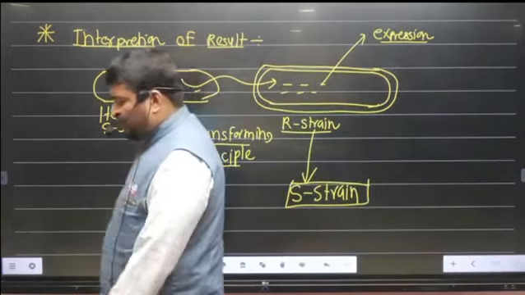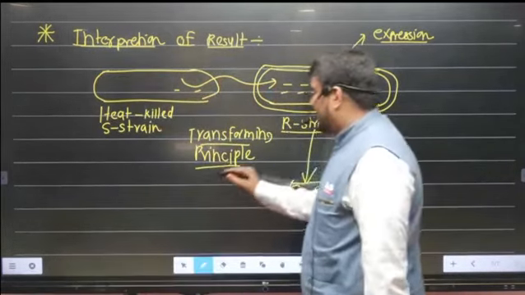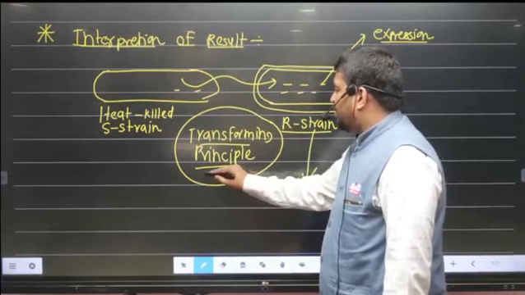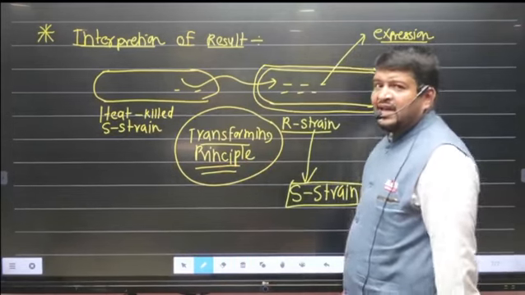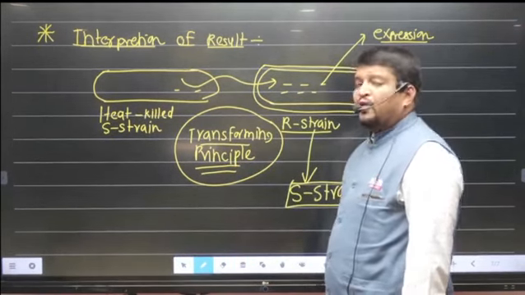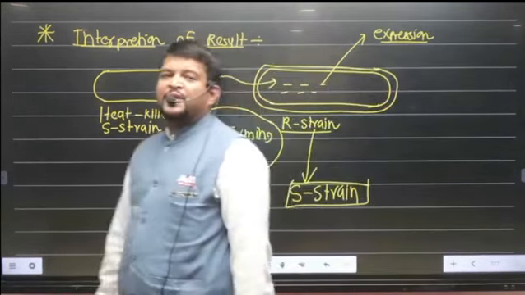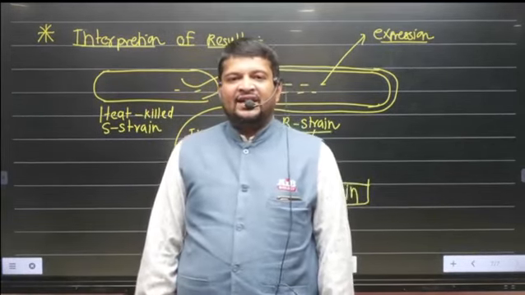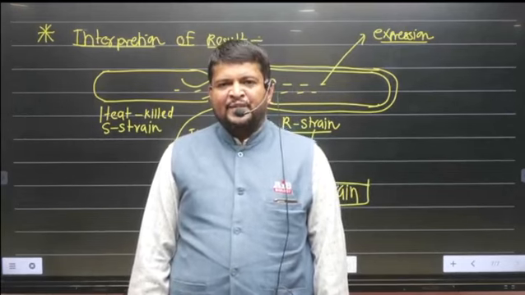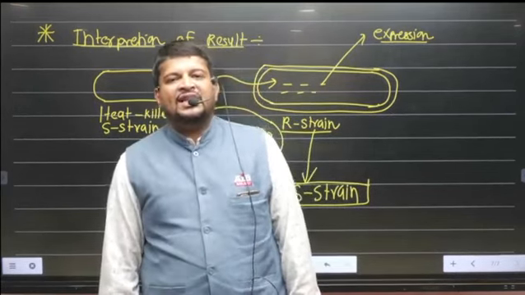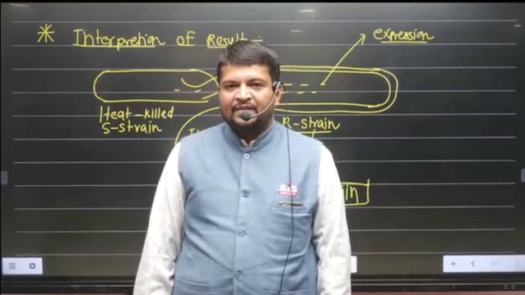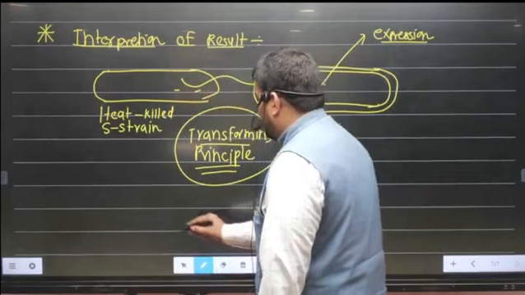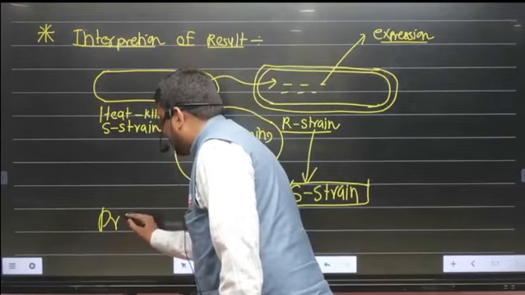Today we know exactly what this transforming principle is, but Griffith did not conclude the exact transforming principle. What is the chemical nature of the transforming principle? Whether this transforming principle is DNA, RNA, or protein, Griffith did not know much about this. So the drawback of the Griffith experiment is that